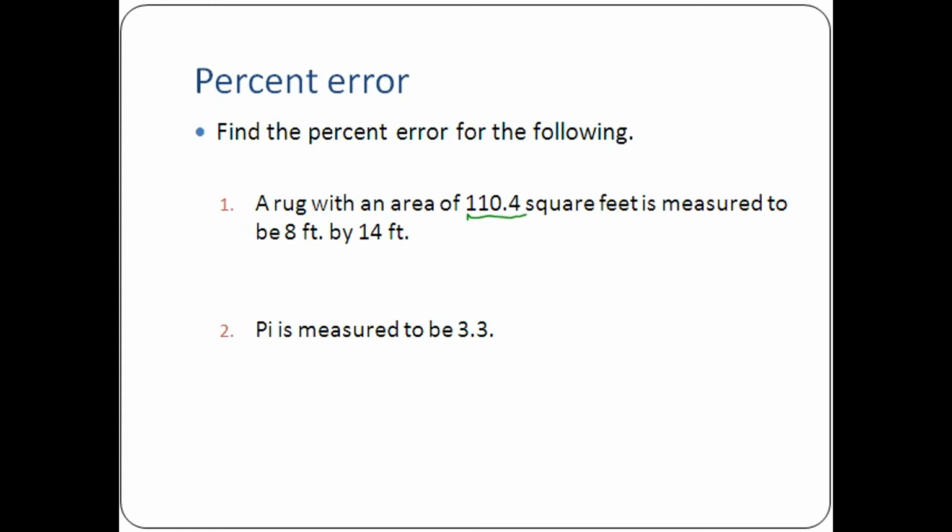Well, if it's measured to be those, we could use that to find what our measured area is. And so our measured area would be simply 8 times 14, and these are both feet. So that's feet, a little feet sign up there. And so we multiply 8 times 14. And so if you put that in your calculator, or if you know it off the top of your head, we say 8 times 14 is equal to 112. So we get 112